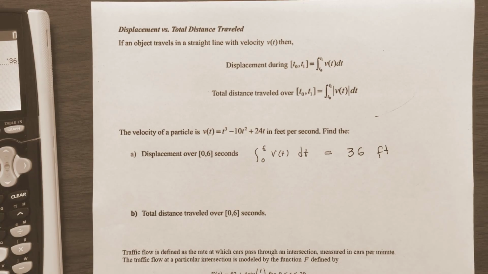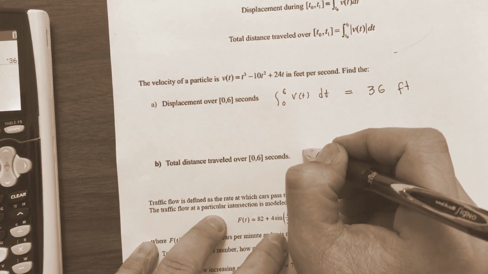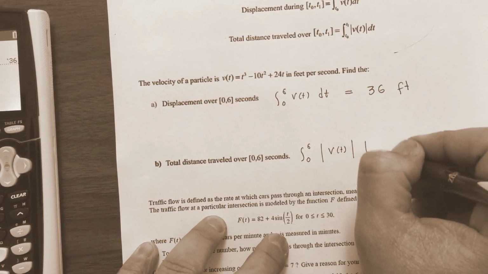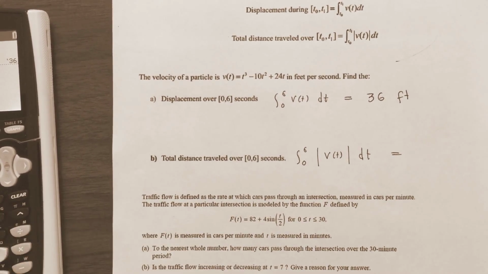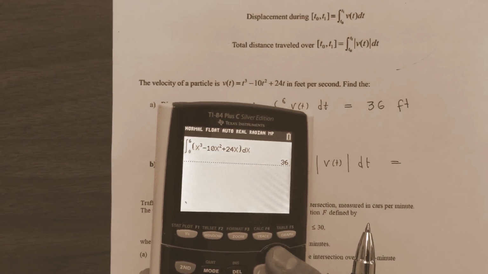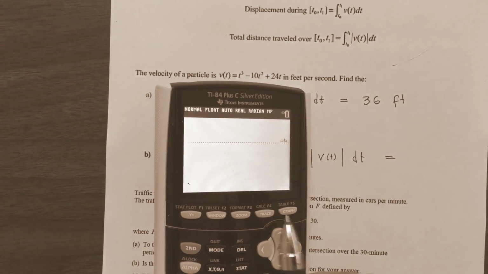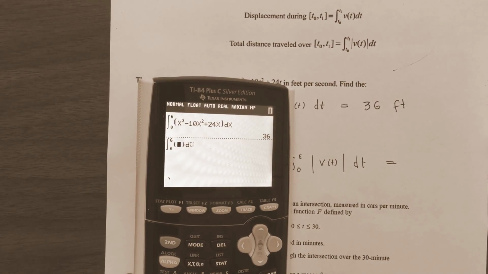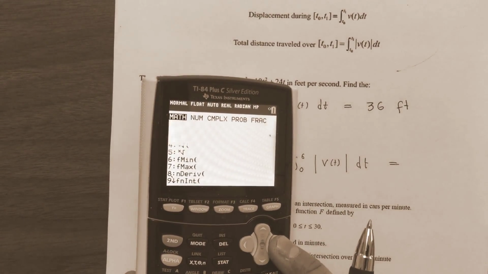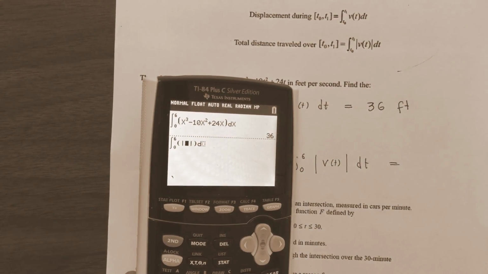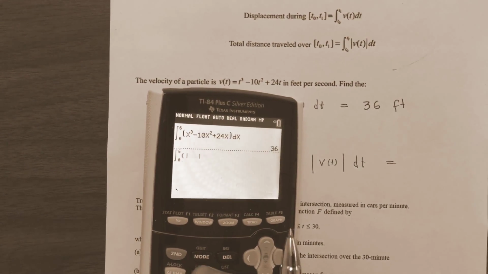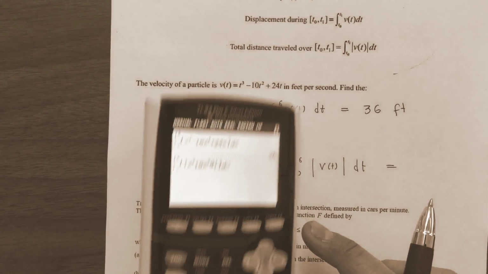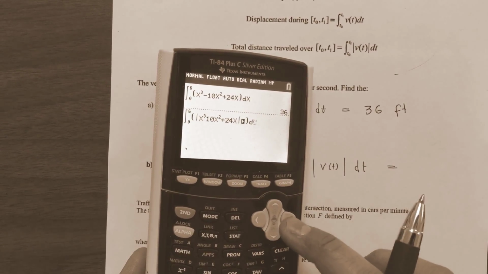What is the total distance travel? Okay, well, here's how we find it. It's from 0 to 6, and then the absolute value of the function. That's how we find the total distance travel. So we go back to the same problem and math 9. Whatever v is, we have to put that in absolute value. So start with the absolute value function, math, and then absolute value. And we're going to type in t cubed, t raised to the third, followed by 10t squared, followed by 24t